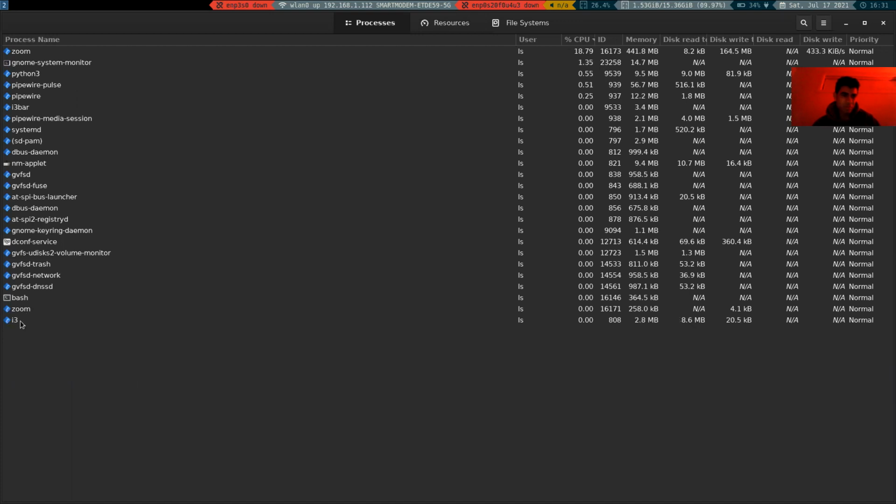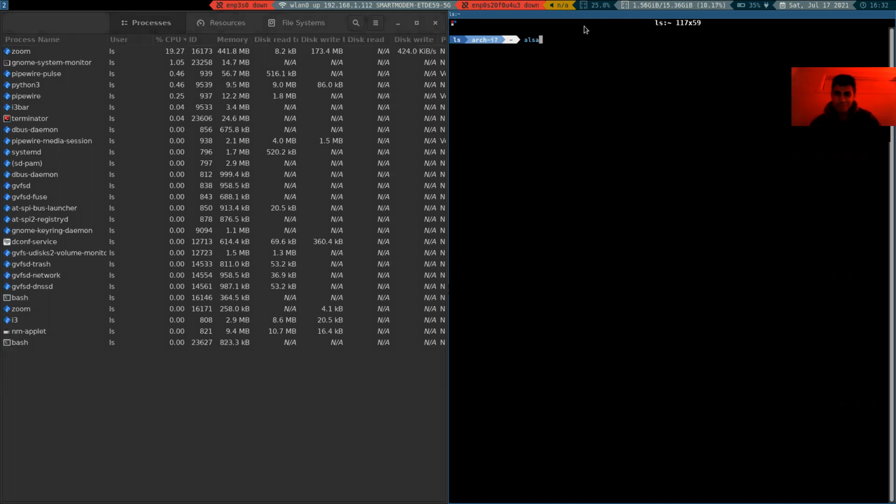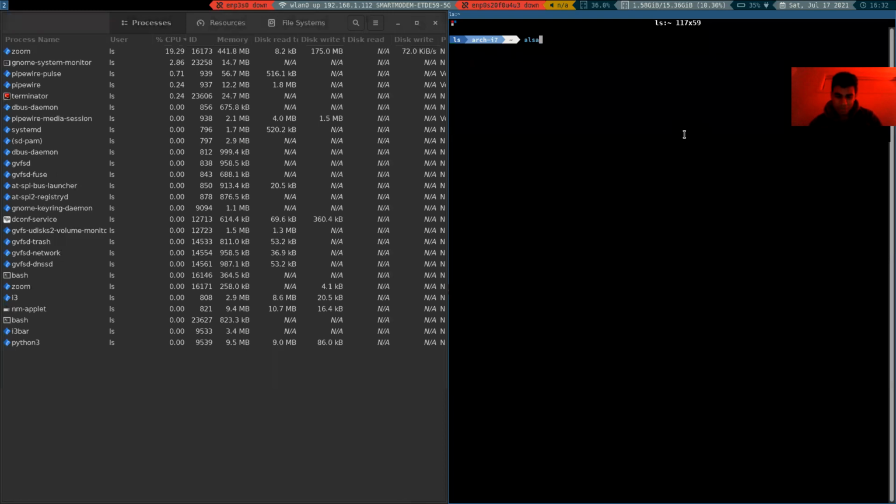Just like a Zoom, i3, and volume stuff, and with Windows, my audio would not be very awesome. Still, I have some work to do with this ALSA mixer, but volume just works out of the box. I mean, it didn't work out of the box. But it's working well without having much CPU usage. If I say alsamixer,